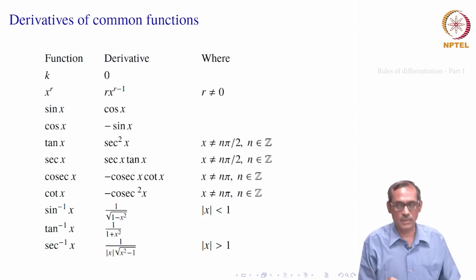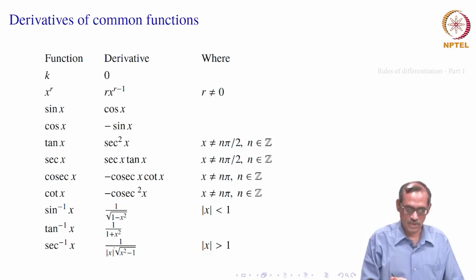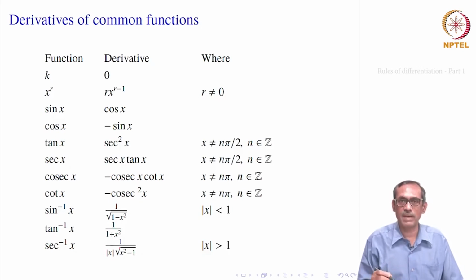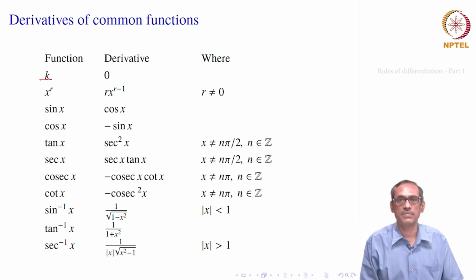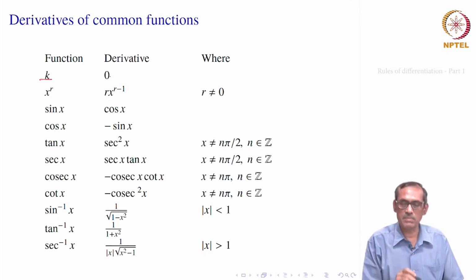If you proceed that way, here is a list of all the derivatives. It will help us in computing derivatives of some complicated functions. So, first thing is, if it is a constant function, that is f of x equals k for every x, then its derivative is 0. That is easy, we have done it earlier, because f of x plus h is k, f of x is also k. So, the numerator becomes 0, then the limit of that divided by h also becomes 0. So, the derivative of a constant function is 0.